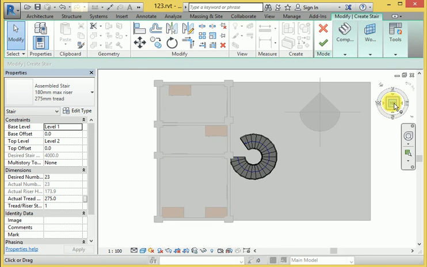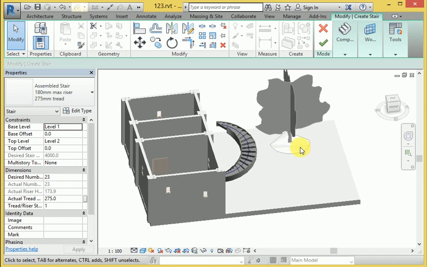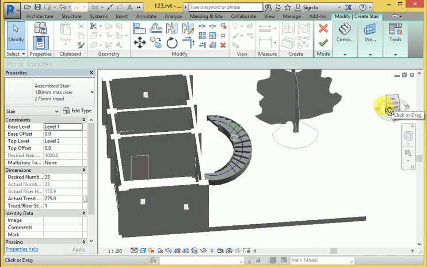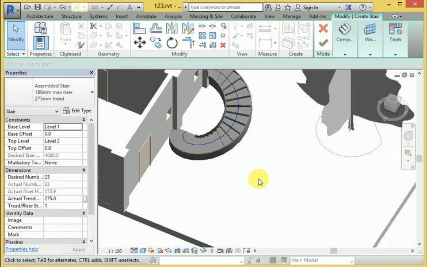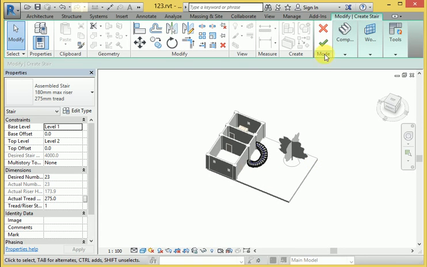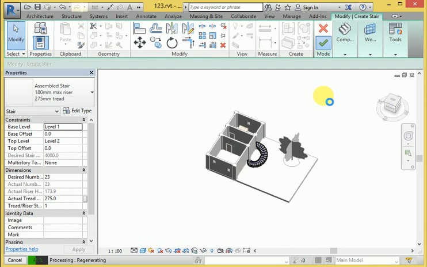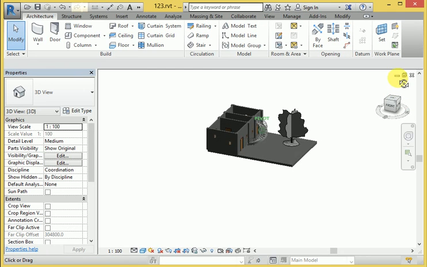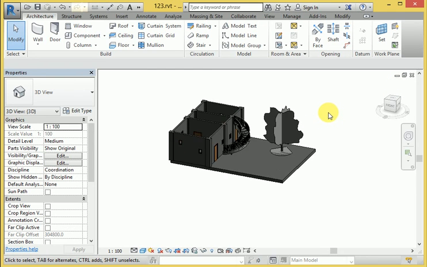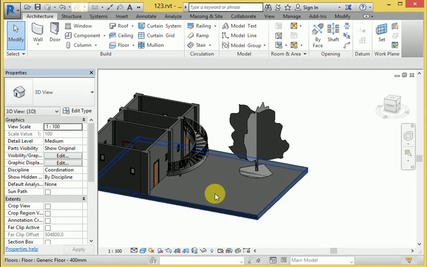So here you can see that if I turn from this railing basically, there are many different types of railing here when you start from here and go upward. So it's very useful for stair design in Revit Architecture. Okay, you can see that it's very useful for making the stair design in Revit Architecture.